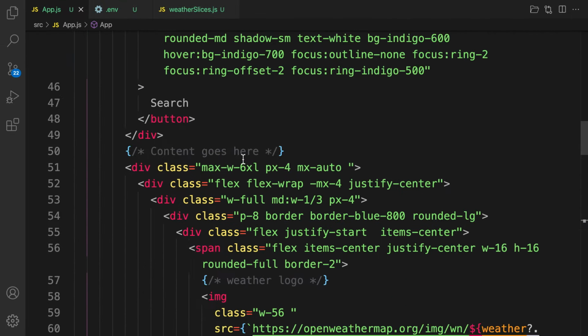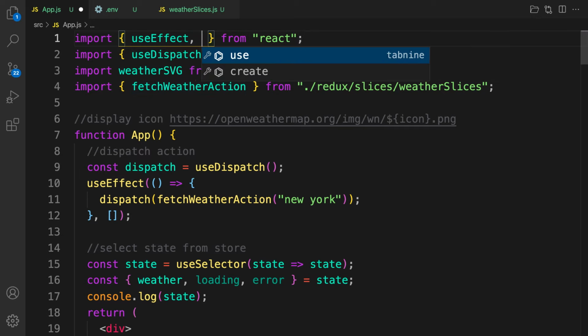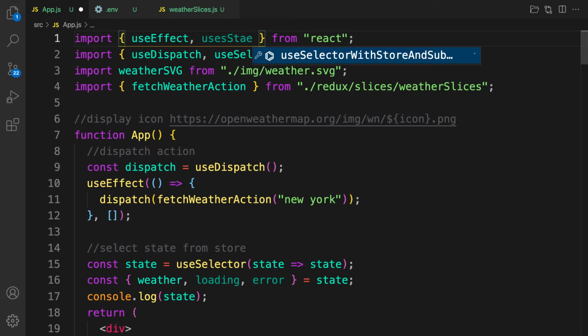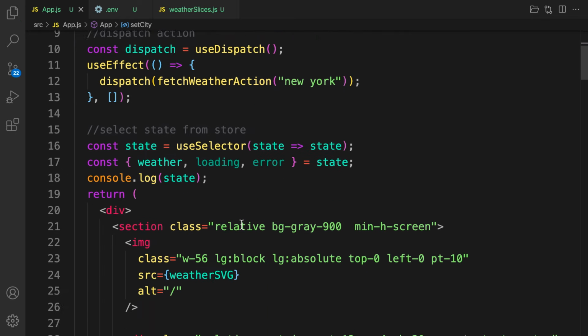So let's handle that. So this is how we handle forms in React. So let's bring in our useState here, and for this useState, I want to handle only city. So useState is going to be city, and by default let's provide Chicago like that, and then city, and the input